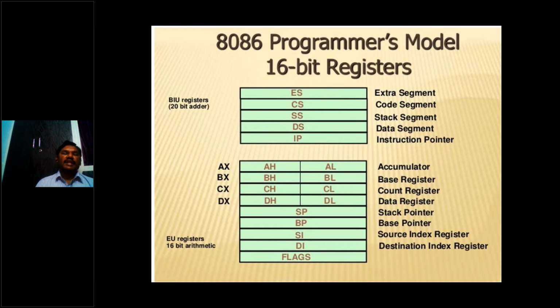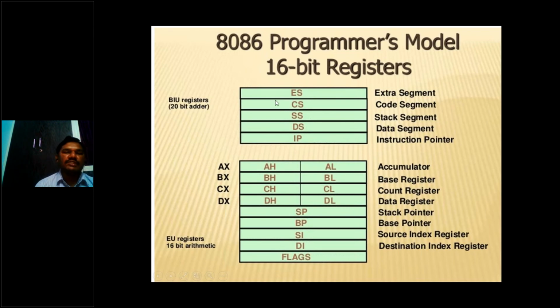You know that in 8086 we have 14 registers and each register width is 16 bits. But out of 14 registers, the 4 general purpose registers AX, BX, CX, DX are also available in the form of 8 bits, that is bytes. So they are called AH, AL, BH, BL, CH, CL and DH, DL. Here H stands for higher byte and L stands for lower byte. So likewise, we can also have bytes of data.